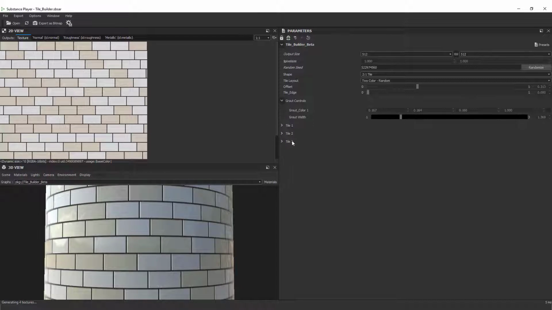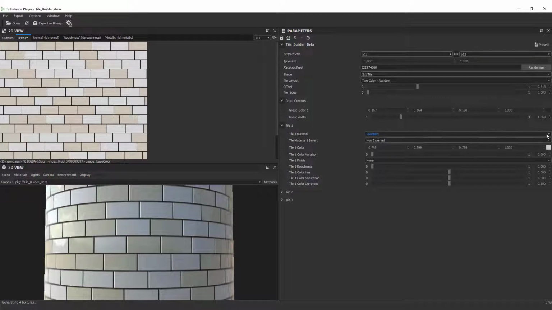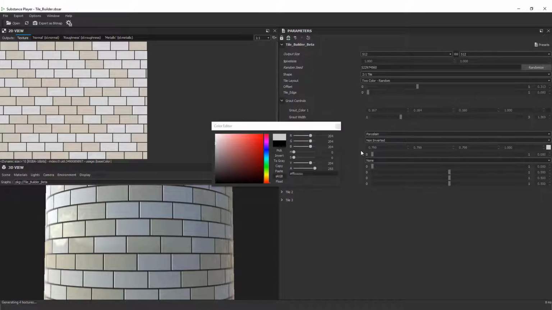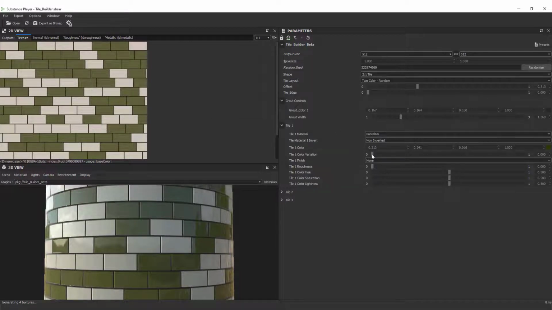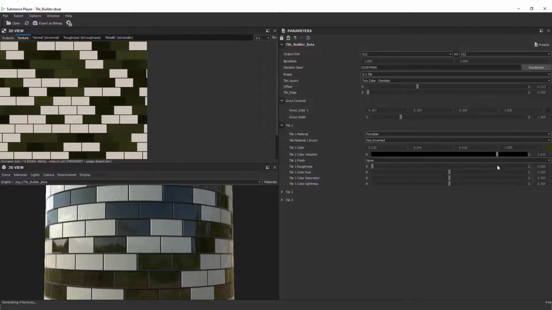Set the tile specifications next. The Tile Builder allows you to choose up to 3 tile types, and each has its own controls. Select a material. Inverting reverses the design. Set the color in the same way that the grout color was set. No tile is exactly the same as the next. Give variation to tiles using the Color Variation slider. Variation increases by sliding right.